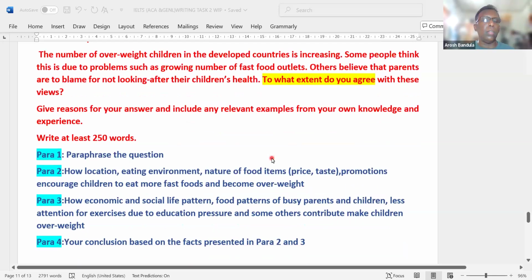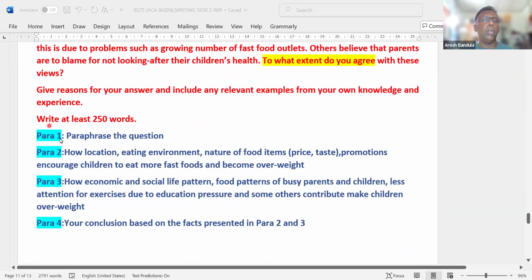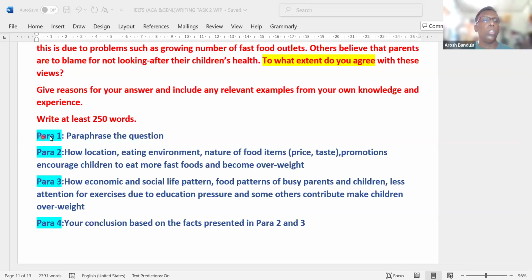Now at the very beginning, I want to show you the structure, or skeleton, of our answer. In paragraph 1, we are going to paraphrase the question. In paragraph 2, we are going to explore how the location, the eating environment, the nature of the foods, and the promotions done by fast food outlets